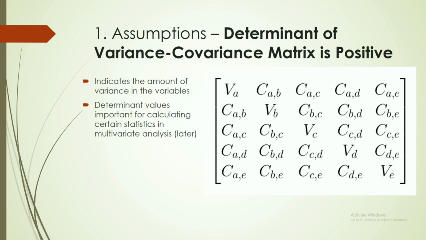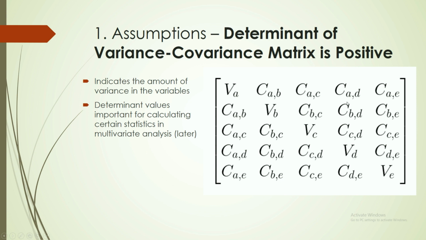The second assumption that we must test is that the determinant of the variance-covariance matrix must be positive. A variance-covariance matrix would look something like this. In the diagonal, we have the variances of the outcome variables. And in the rest of the spots, we have the covariances of each of the possible pairs within all the